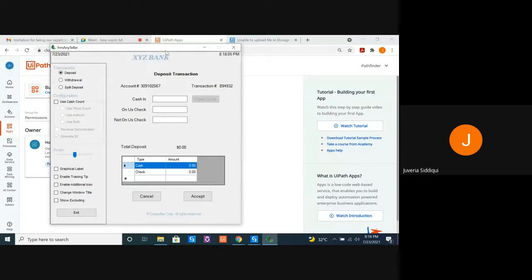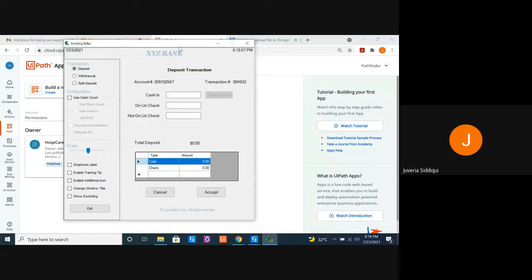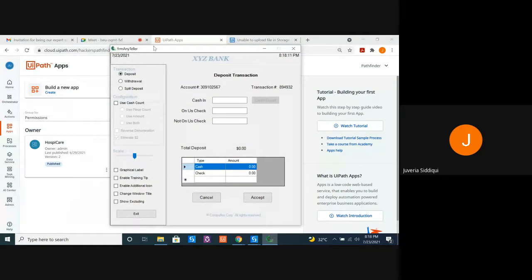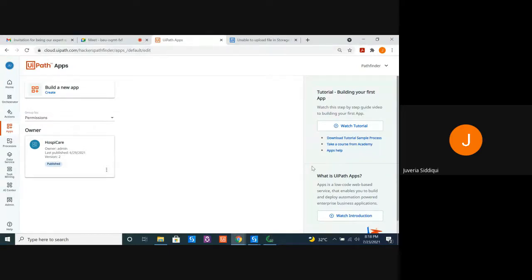Your front end user is an employee of the bank, and your backend application is this, but you do not have a front end interface for your employee to use. So you can use UiPath Apps to build those scenarios.